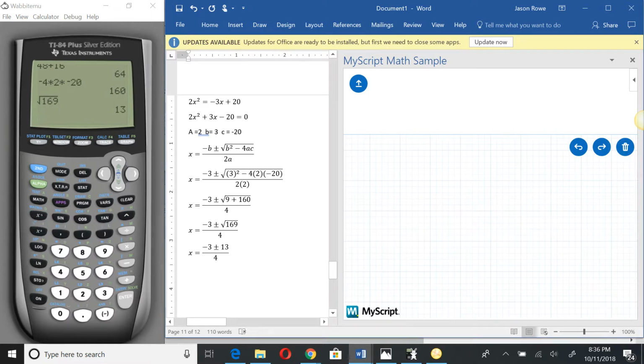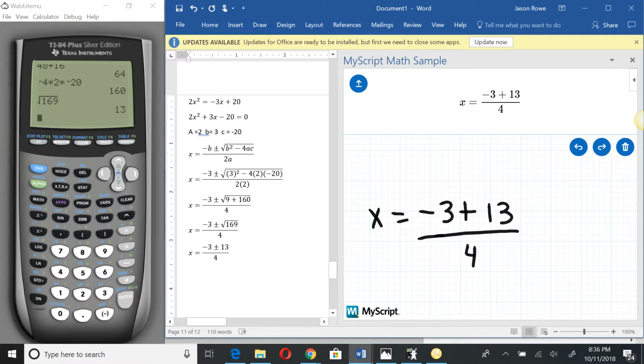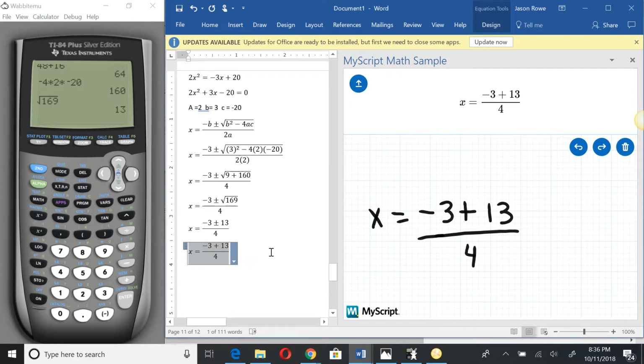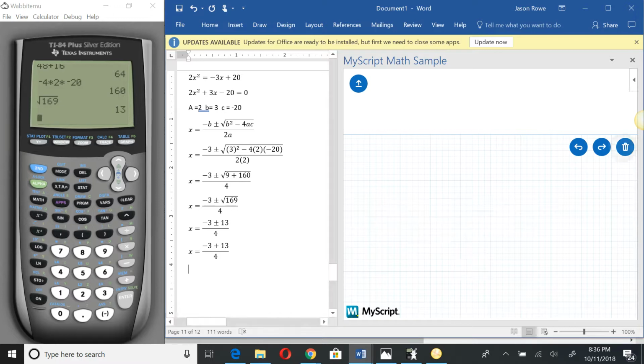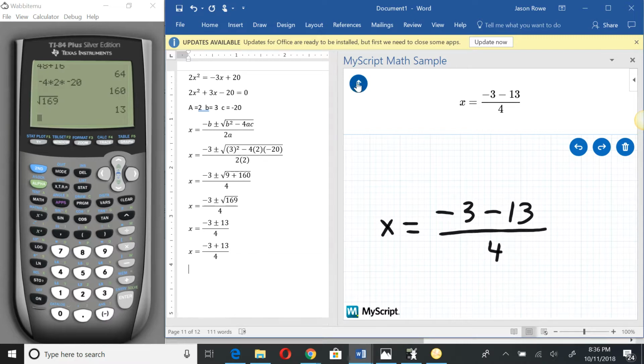And so now you just set up your two different solutions. X equals negative 3 plus 13, all divided by 4. So there's your first solution. Second solution, x will equal negative 3 minus 13, all divided by 4. Okay, first solution,